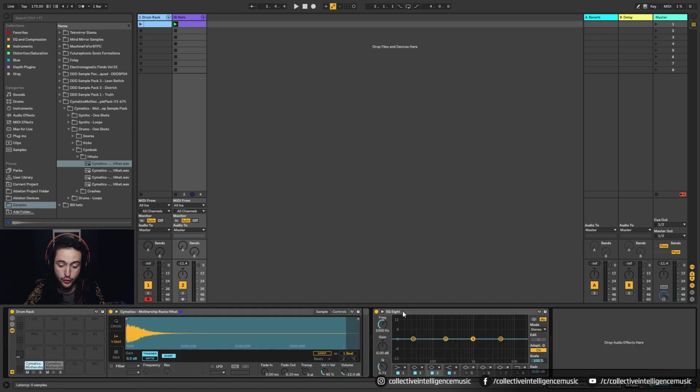So the first thing we're going to do to spice it up is we come into the transpose for one of the samples, let's say the second one, and we'll go -2, okay? So we're going to drop that 2 semitones down. And I'm not using the frequency shifter for this. Reason being is, first of all, I can't actually tell what that is tuned to. The hi-hat sort of doesn't have a tuning,